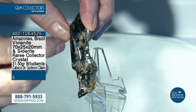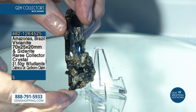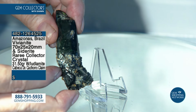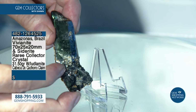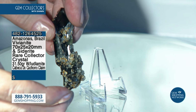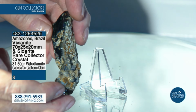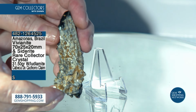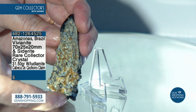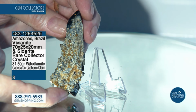Now, this is your siderite. These are little botryoidal siderite spheres and half spheres, because you get the negative impression on them where, of course, if one pops off, it's going to leave that, which is pretty neat. Siderite, remember, is your iron carbonate. So it is related to calcite, which is a calcium carbonate. It's related to rhodochrosite, a manganese carbonate, and so on. And look at it. So I think the siderite is a vital part to having a specimen that really represents